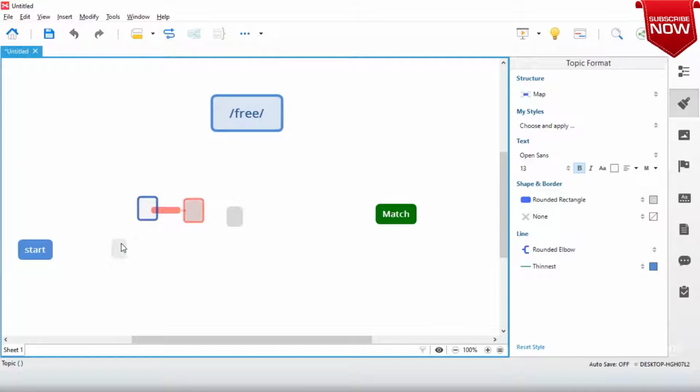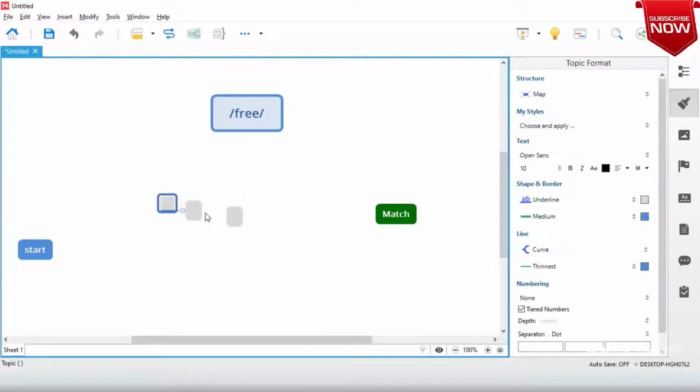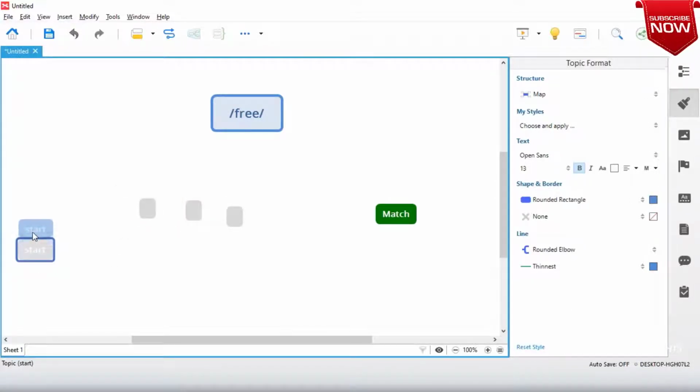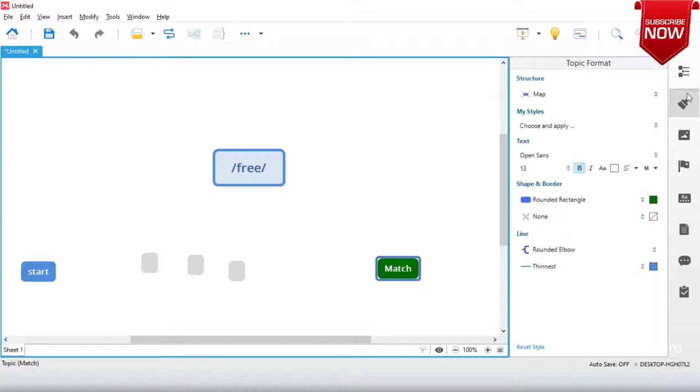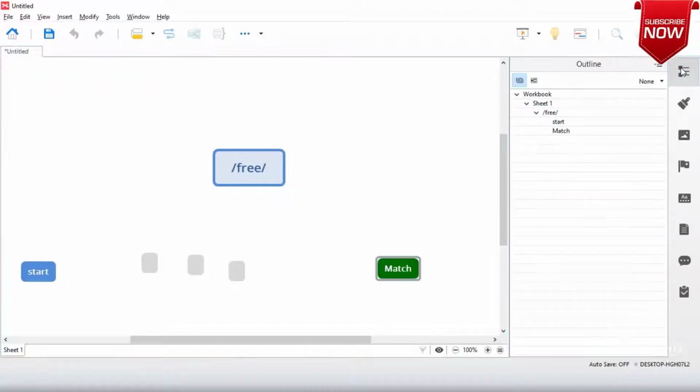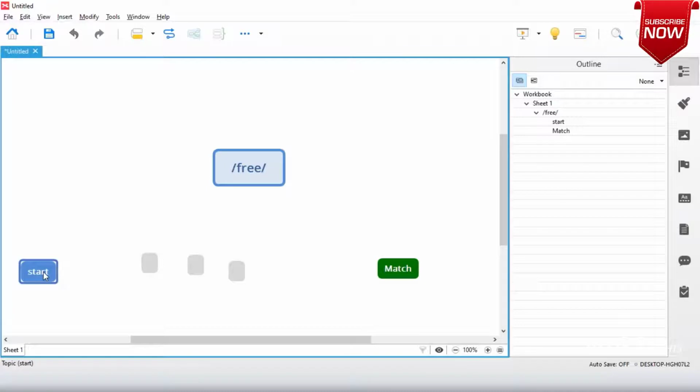Let me leave it like this. So basically now what is happening over here is we have free, and then I have start, and then I have match. Now the state machine will be built something like this.